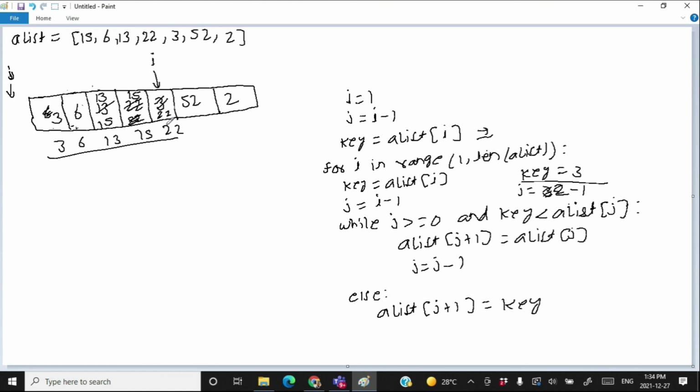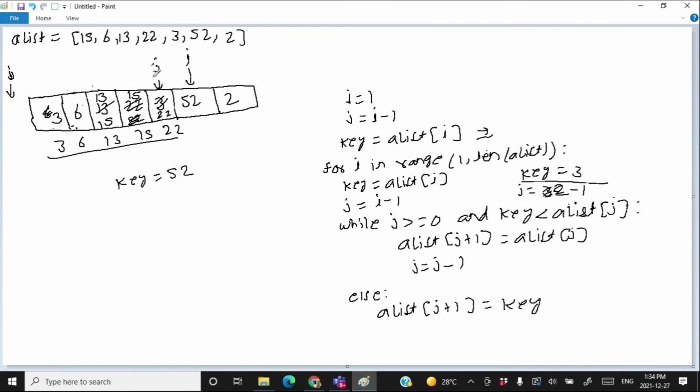Suppose that I am setting my I to 52, and the other elements are 3, 6, 13, 15 and 22. So I'm going to set j here, and I'm going to check, because my current value of key is going to be 52, if 52 is less than 22.